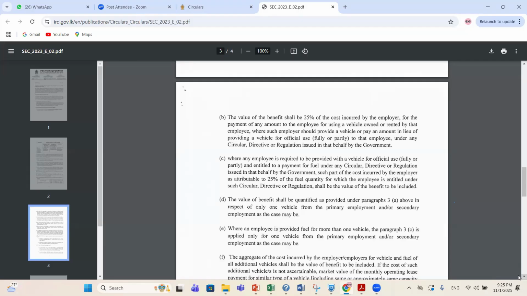Okay, so if it is a vehicle allowance or fuel allowance, 25% of that allowance will be treated for his APIT calculation.